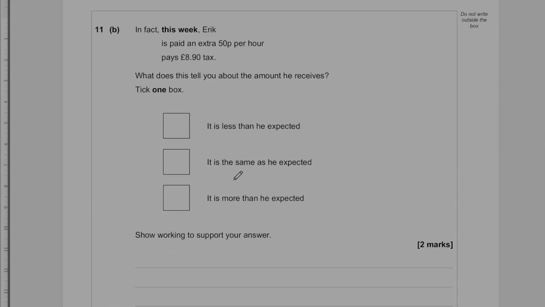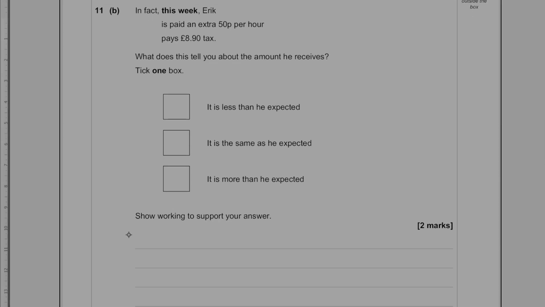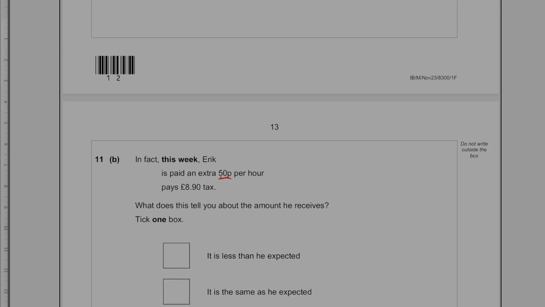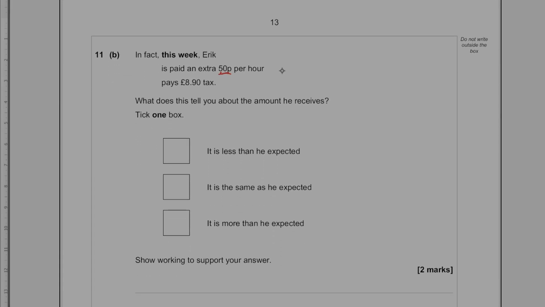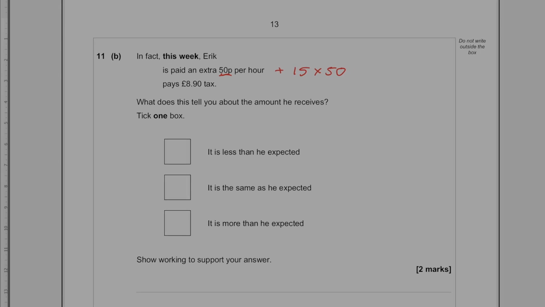Okay, part B. In fact, this week, Eric is paid an extra 50 pence per hour and pays £8.90 tax. What does this tell you about the amount he received? Show working to support your answer. Right, so if he worked, let me just check, it was 15 hours, wasn't it? Yeah. So let's just say he's going to be paid an extra 15 times 50 pence, 0.5, which equals £7.50,